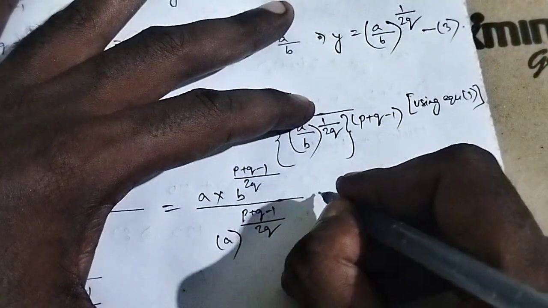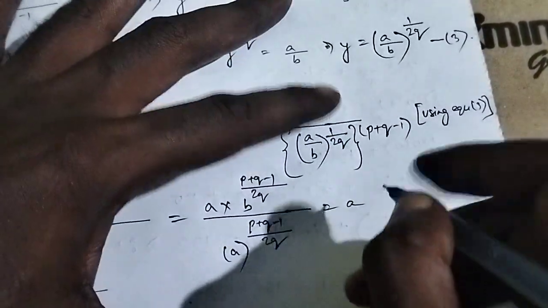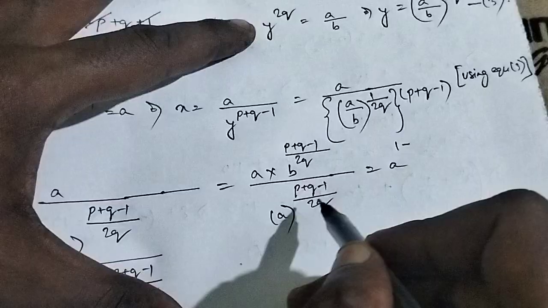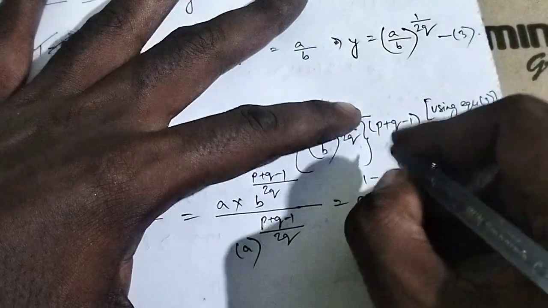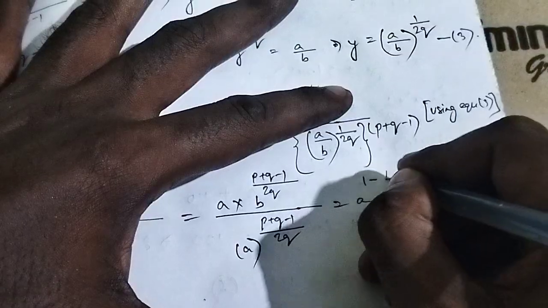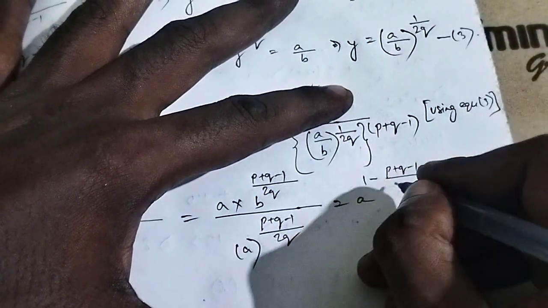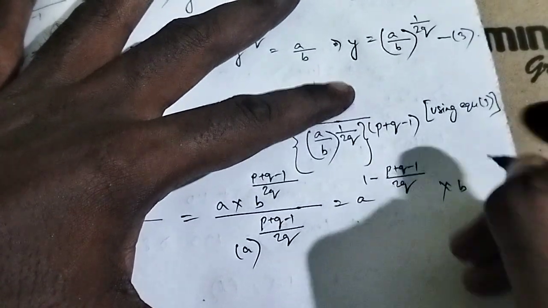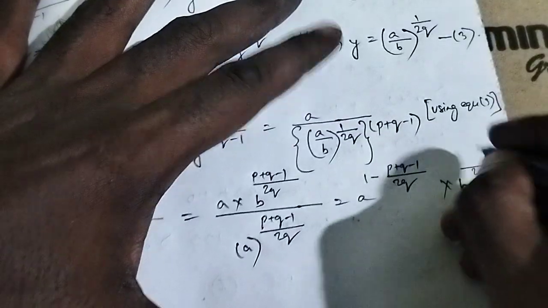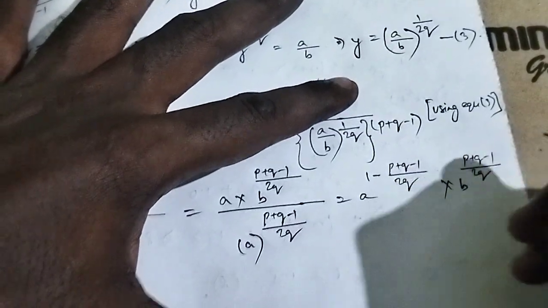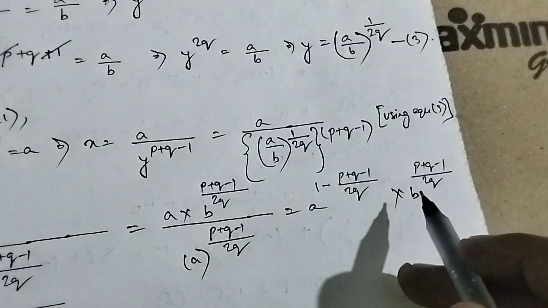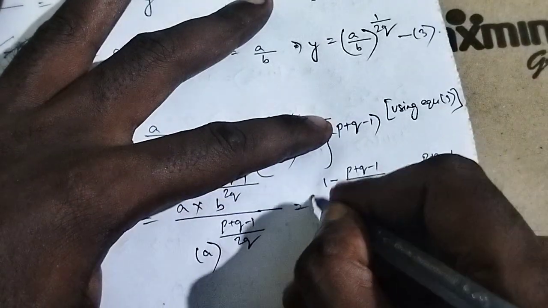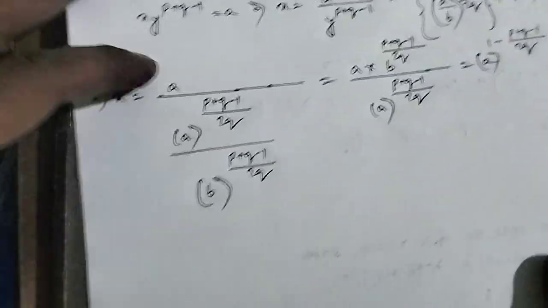So this would be a to the power 1 minus, here the power of a is 1, here the power of, in case of division power gets subtracted, we all know, p plus q minus 1 by 2q into b to the power p plus q minus 1 by 2q. Okay, clear? B, here the power of a. Okay, so